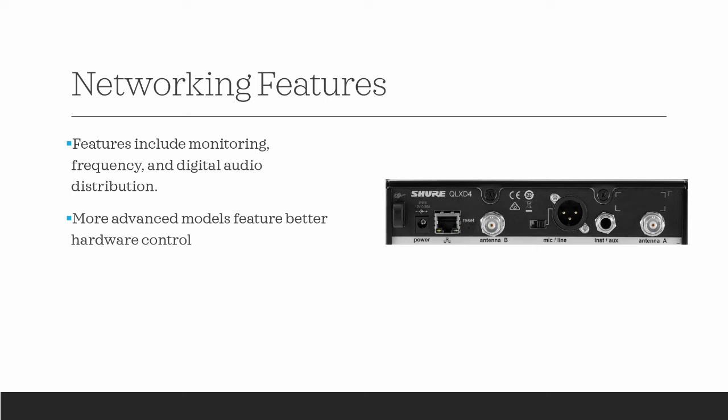On the lower end of Shure's line, you go BLX, which is analog transmission, generally operating in the same ranges as a QLX or ULX system. Next step up is the GLX system, which is broadcasting in that 2.4 gig band. These systems are very easy to use. Generally speaking, at the price point, they've got advanced monitoring features. As I mentioned, for the price point, the monitoring features on a GLX are very far behind, say, an Axient system. So I'm not trying to compare the two here, but just saying at that price point, that's something